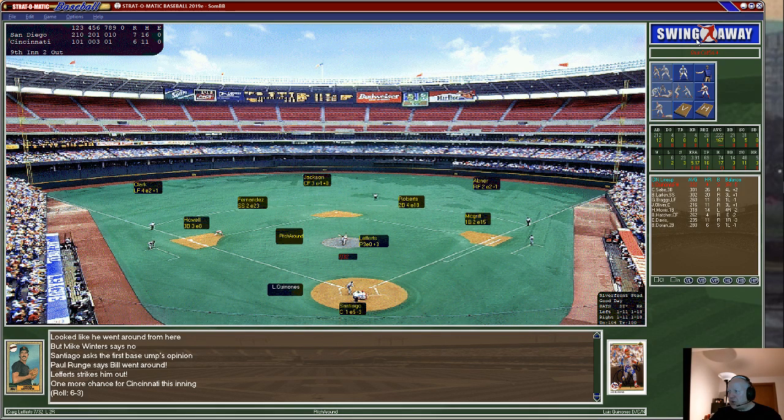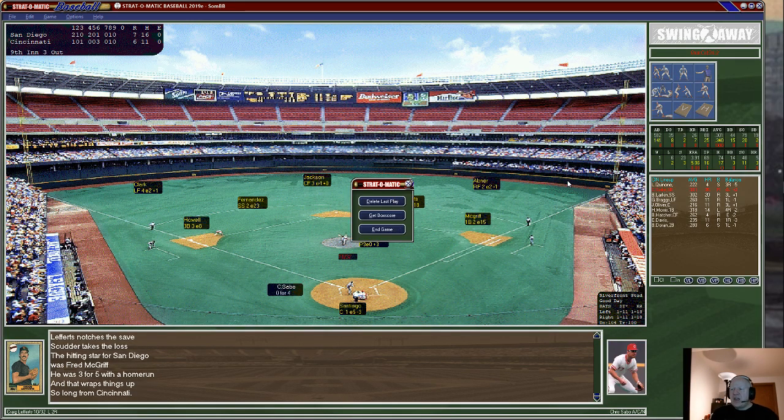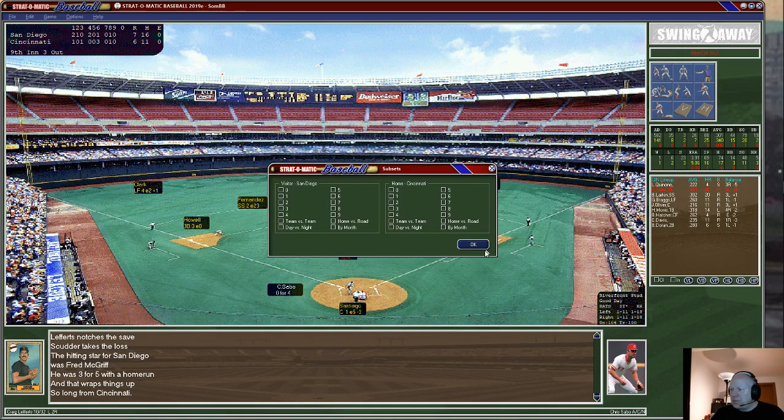So let's see what Quinones can do against Lefferts. The pitch is swung on and hit to center field. Darren Jackson gets a great jump, closes in quickly, and a great play made by Darren Jackson to save a potential extra base hit from Quinones and end the ball game. So that's the final out of the game, and in an exciting contest, the final score is San Diego 7 and the Reds 6. So let's take a look at the box score